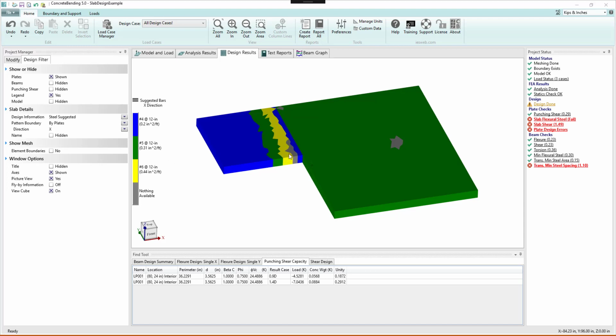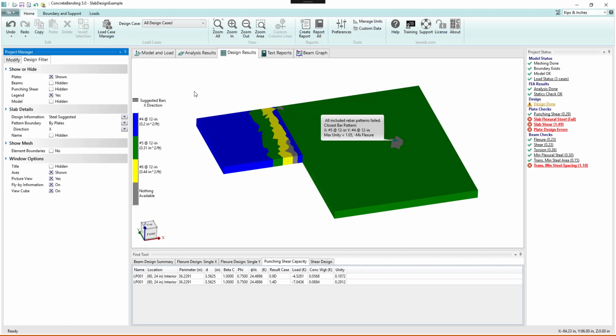In both slabs, the gray color elements indicate that there is nothing available for design. If we turn on the flyby information, we can see that the max unity is greater than 1 for MX flexure, indicating that the reinforcing patterns we gave the program for both the specify and the optimized approaches are not